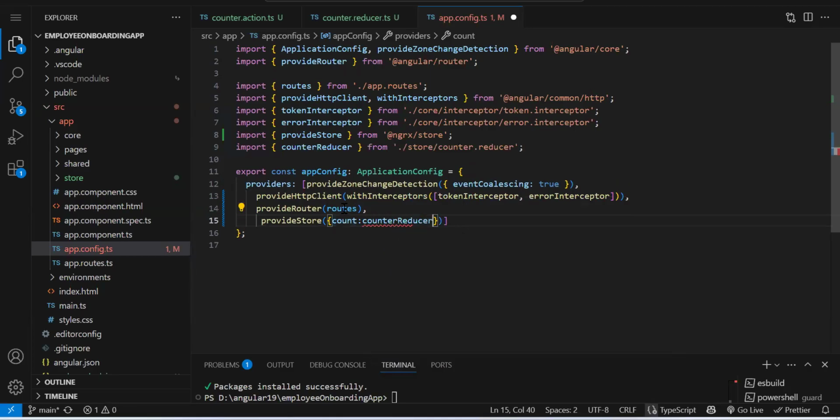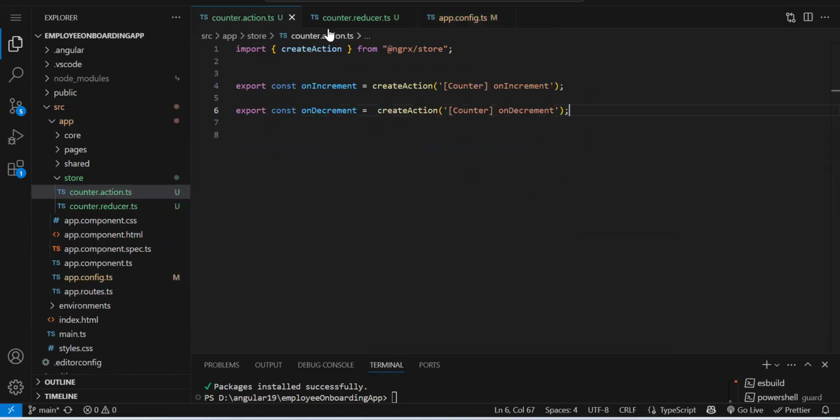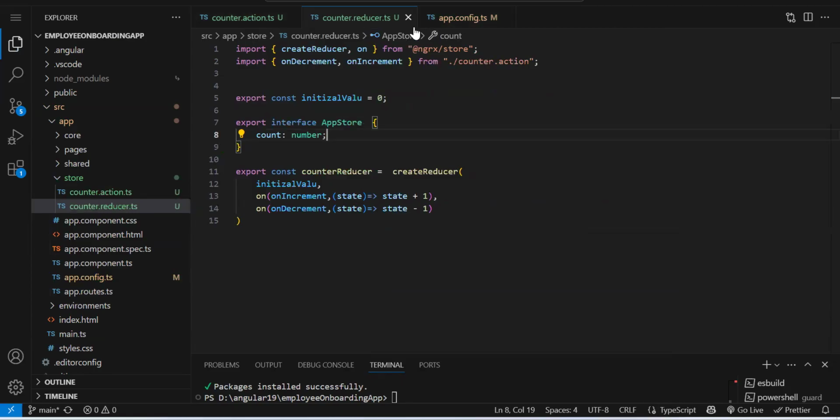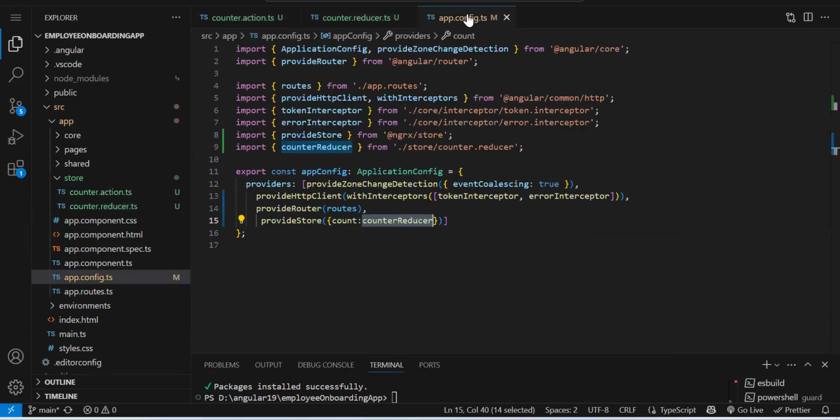So this is how we have registered our store. Our state name is count. And for this count state, this is our reducer. Okay. So three steps we have done. Action we have created, then reducer we have created, and then in app config we have registered our count store.